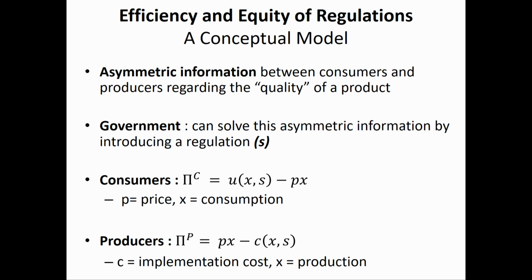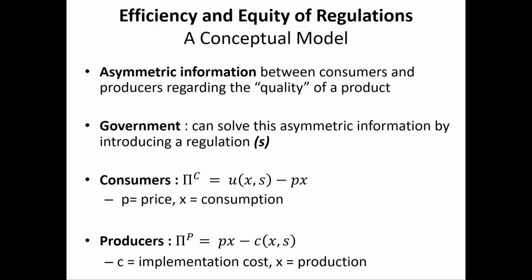Let's start with a few conceptual issues, okay? This is the simplest model you can think about of regulations, I think. Regulations can serve, from a social optimization perspective, to address a number of things. One could be, for example, to reduce asymmetric information, or to reduce externalities, etc. Let's assume this is kind of an Akerlof lemon problem, so that the consumers and the producers have asymmetric information about the quality of a product, and the government can intervene to try to address this by